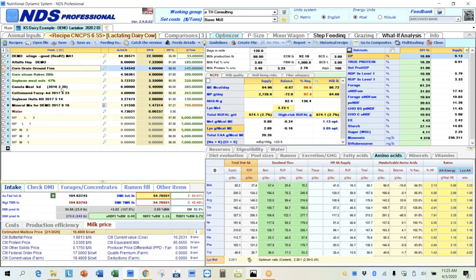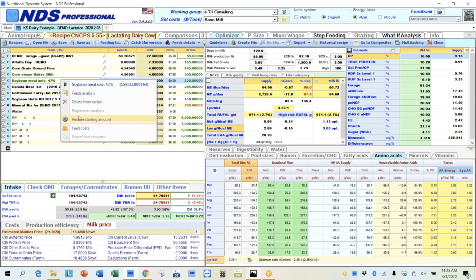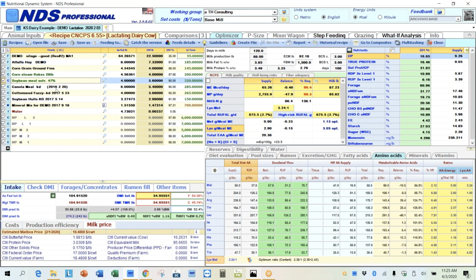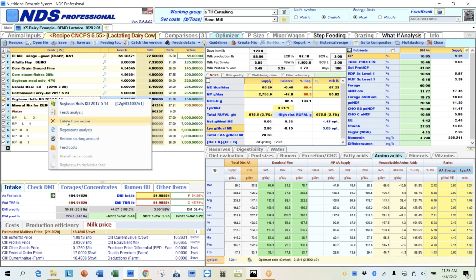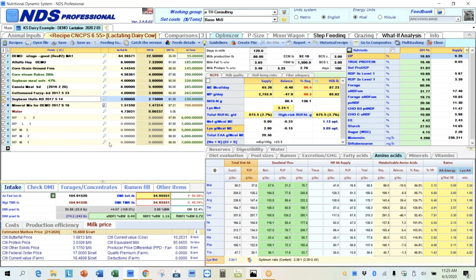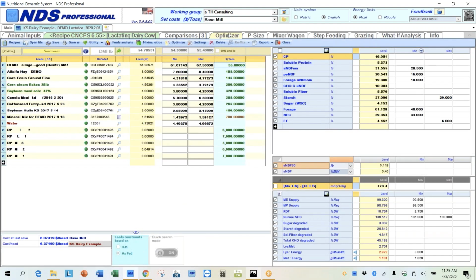Let me see here. So let's see if I can, and so soy hulls, restore starting amount. Okay, so what I can do is start with the original diet again, go over to the optimizer, and then